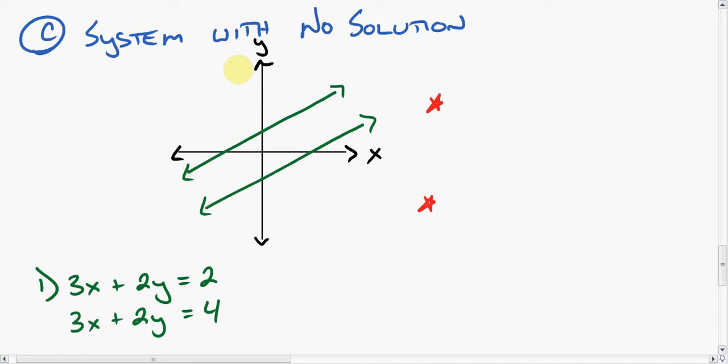This is section 3.1 part 3, where we are still solving a linear system by graphing, and we're still classifying that system. So in part 3 we're going to look at a system which has no solution. So you can see an example of what a no solution looks like. We see two lines. They pretty much look like they have the same slope because they're parallel, and we know parallel lines have the same slope. So a system with no solution will give you parallel lines,